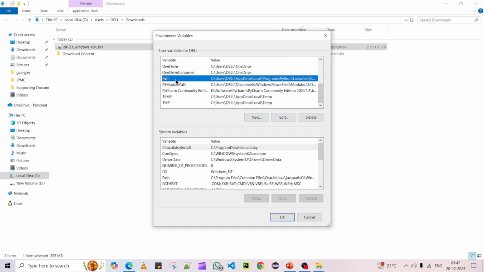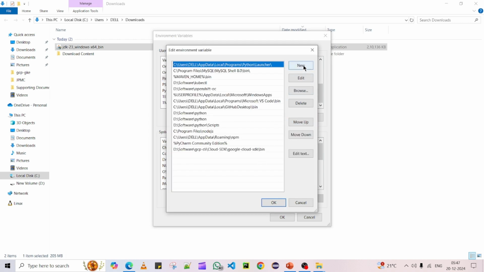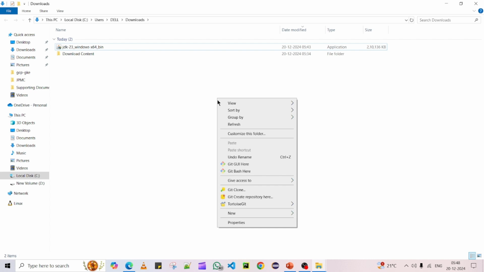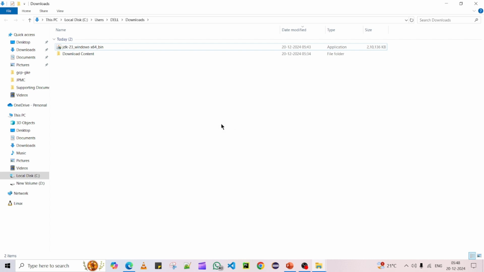path also. We can see there is a path already present. You can just click on edit and then come back here. You can add a new variable: %JAVA_HOME%\bin. So basically we are referring to the bin location with the help of the Java home environment variable we added previously. We are taking that one and adding another location called bin, and then press enter. Okay, so this is the way we complete the second step, adding the environment variables to your